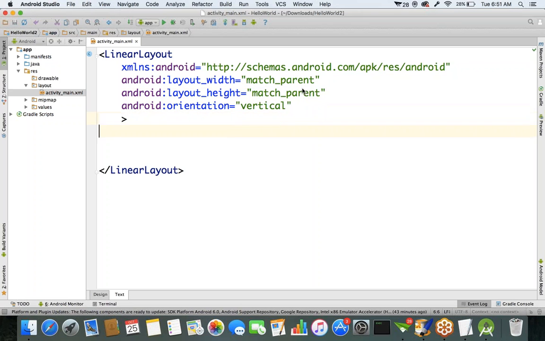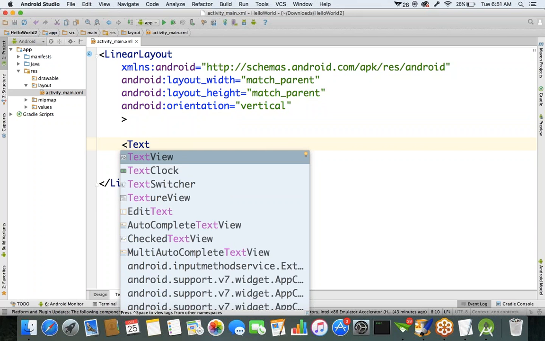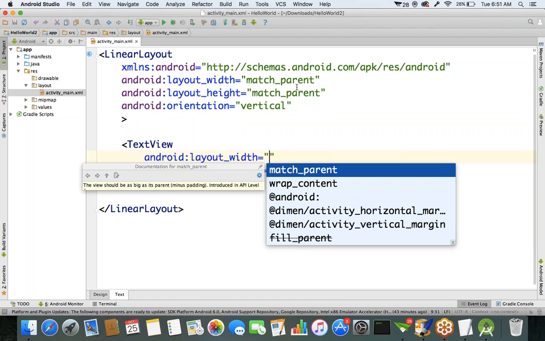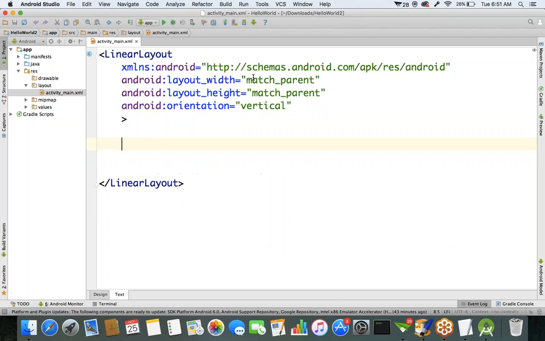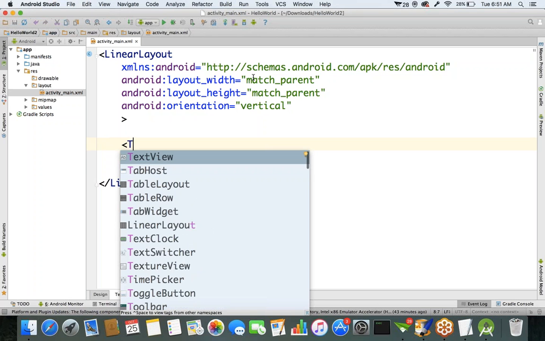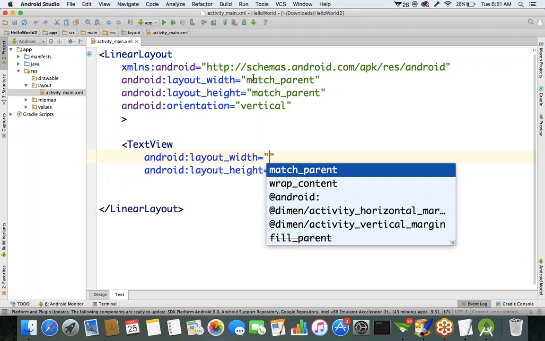Okay. Next, inside this linear layout, I want to display a text to the user. If you want to display text to the user, there is a UI component called TextView. See here, once you take the TextView component and select it, automatically